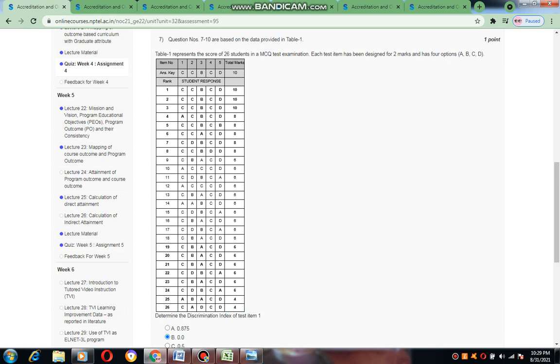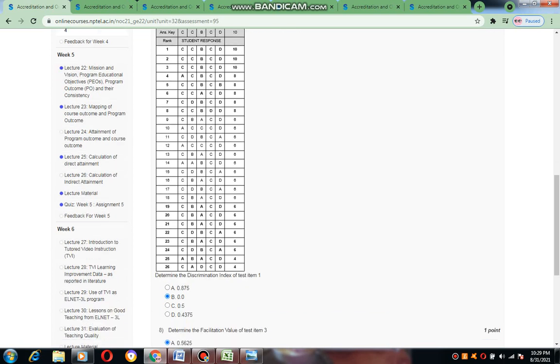Here we have divided the lower boundary group and upper boundary group. The lower boundary group and upper boundary group are already given in bold letters. The group size of the lower group is 8 and of the upper group is 8 here. Up to 8 is the upper group, and up to 8 is the lower group, so the group size is 8.